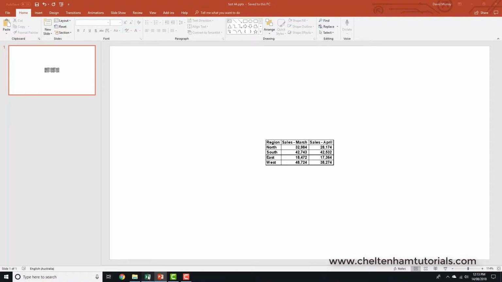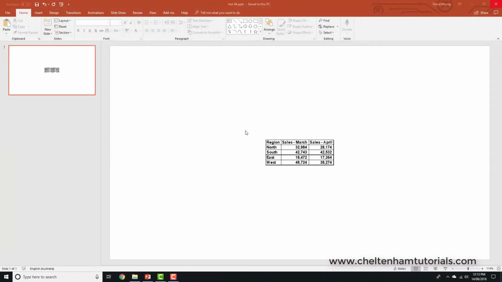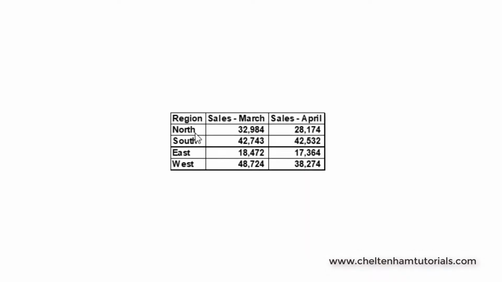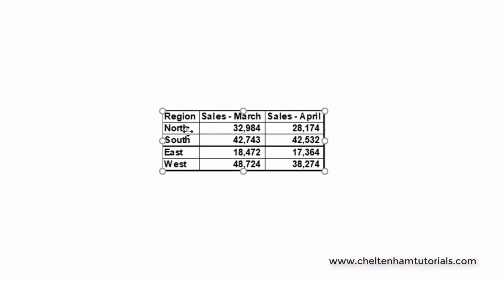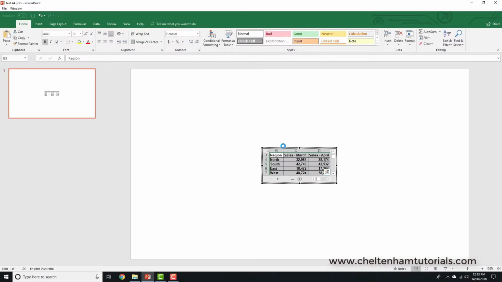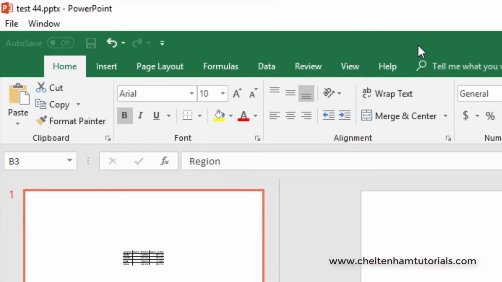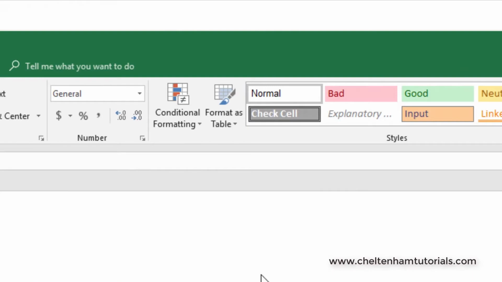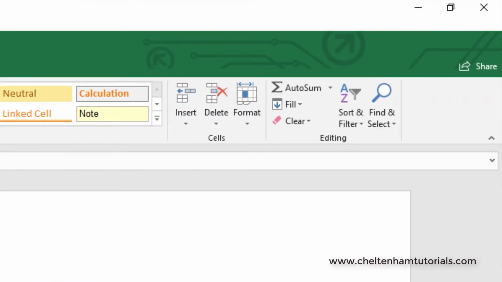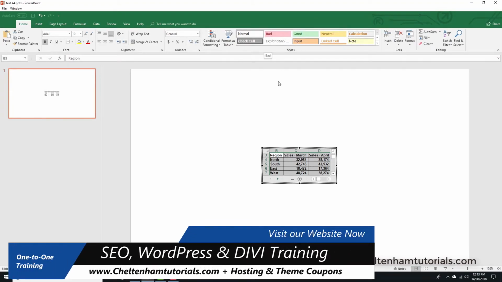What I can do if I want to is to completely close down the Excel spreadsheet, so that's now closed down. If I want to edit this data, the question is, how do I do it? Well, basically you click on the data, then if you double click, can you see what's happened? We're still within PowerPoint, but essentially the required controls have been moved over from Excel, so we allow the data to be edited using the Excel control techniques, which are actually displayed within PowerPoint,